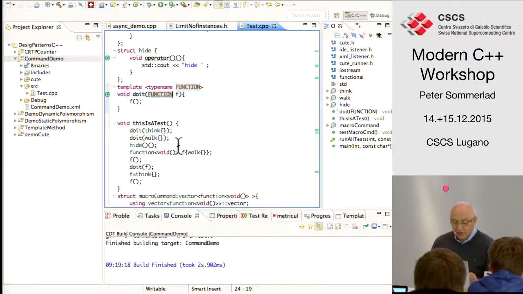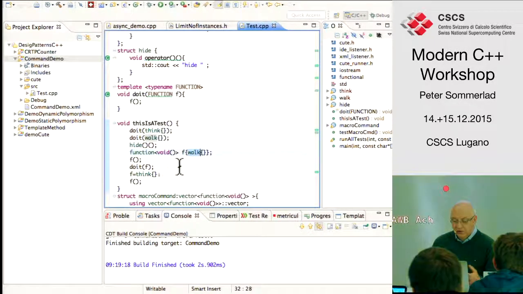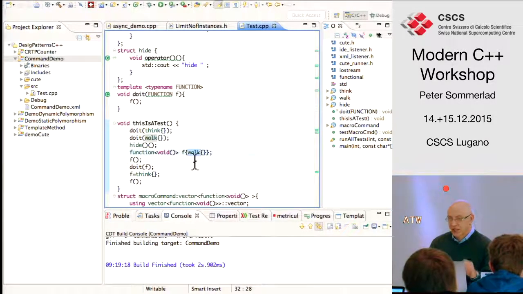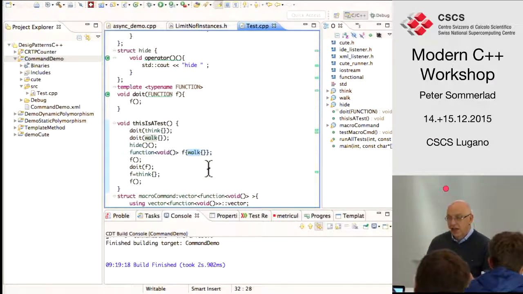The only case, once you use that std function object, you get a slight overhead because the function object no longer knows the concrete type of walk. After construction, it will just call through that API, void without any arguments, and will hide the fact that the original object to be called was walk. So you get a level of indirection that is a slight overhead there. And it might also use memory to store the object.